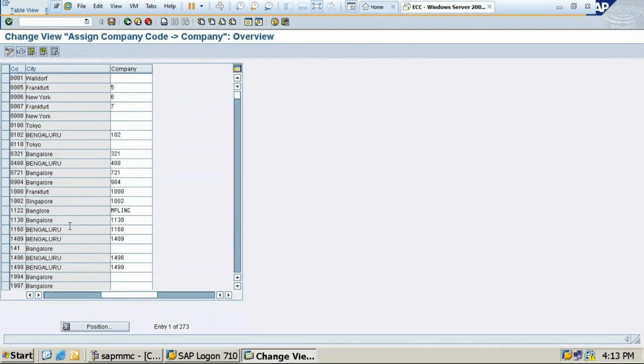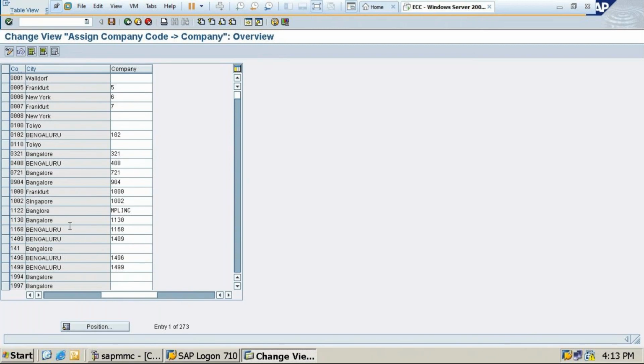So what is the business area T code? Yeah, what is the business area T code?